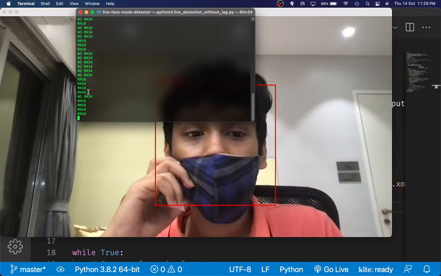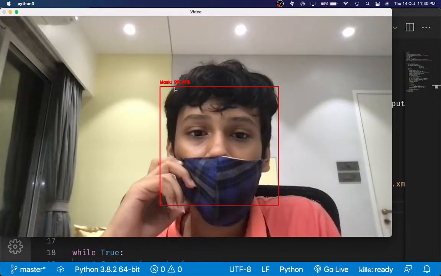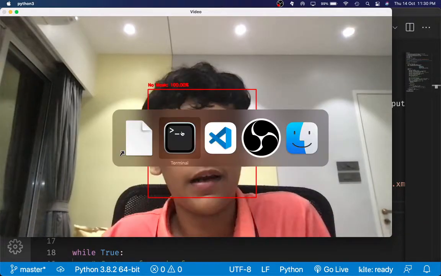It detects a mask, and you will also see if we go over here, it says mask, no mask, mask, and something like that. So that's pretty much the actual app. I'm sorry, I'm not sure why I called it a website. All right, so that's pretty much the entire project that I've created.